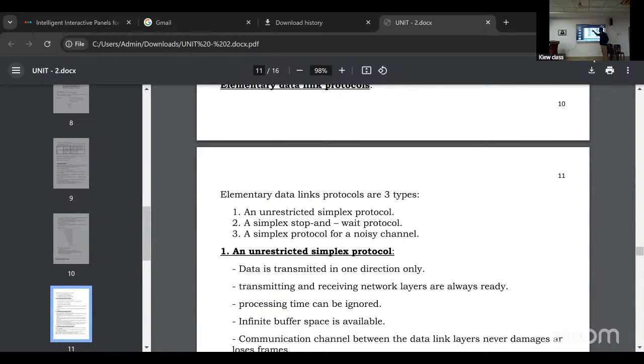The sender sends the frame. Under go back N, did you write the notes? Girls, last. Go back N. See, in go back N, the sender sends the frame to the receiver. Then the acknowledgement is not received. The sender sends frame 1. The sender sends frame 2. And the sender sends the next frame. They give the acknowledgement 3.